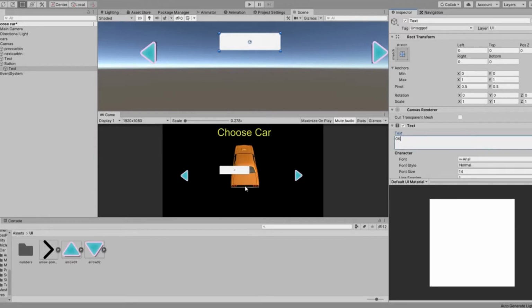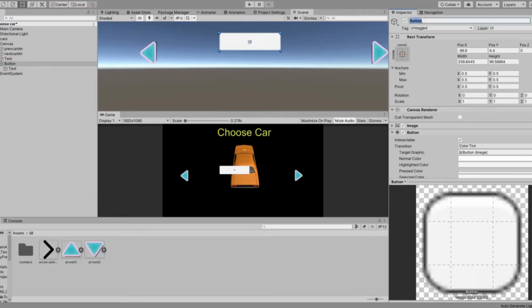Player will press this button when he has selected his car, and it will take him to the chosen track. So he will select his car by clicking these buttons, and then he will click OK, and then he will move away from this scene. So it is OK BTN,